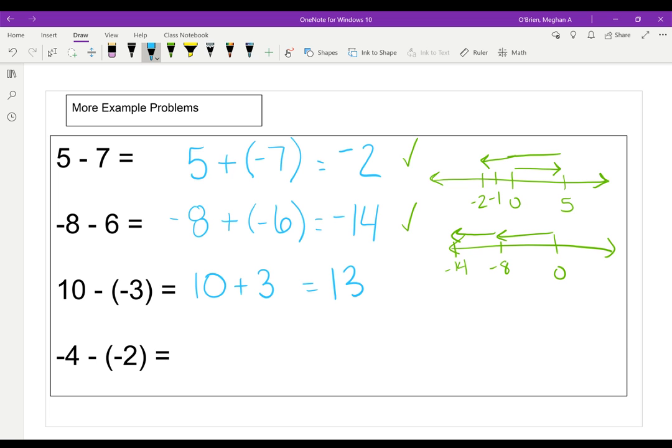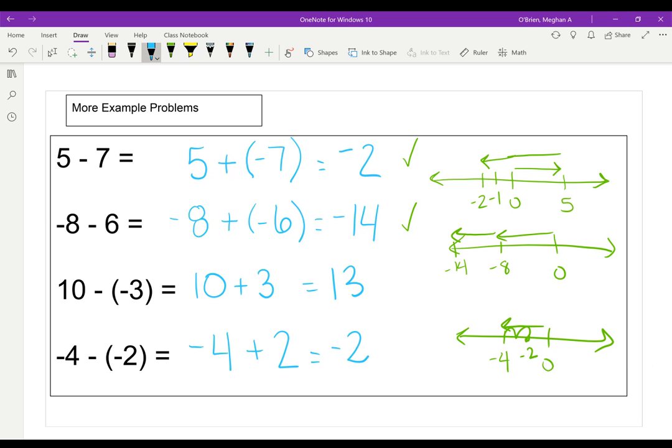Okay. Last one, negative 4, take away negative 2. Negative 4 plus, changes to a positive because adding the opposite. Opposite of negative 2 is 2. And then modeling this on a number line. Here's my 0. I go to negative 4. And then the plus 2 means I go in the positive direction 2 jumps. 1, 2. And that would put me at